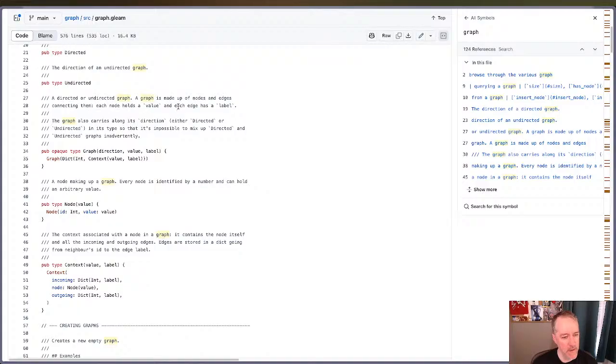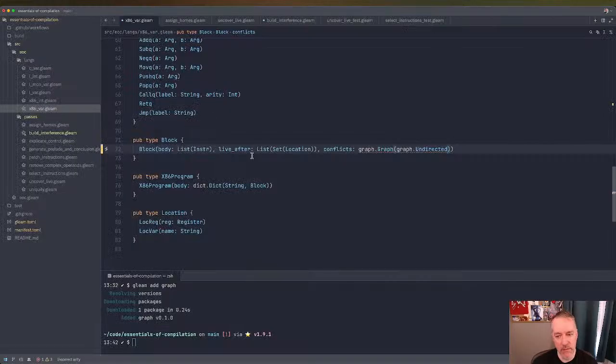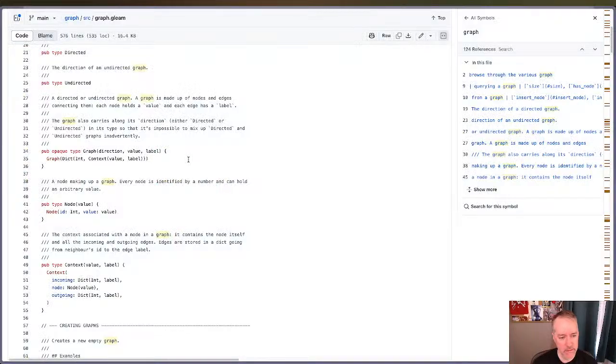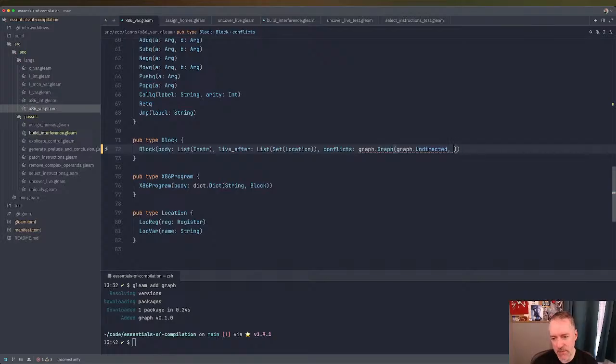Each node holds a value and each edge has a label. So I think we're going to go with nil for the label. And the value will depend on what we want to do with